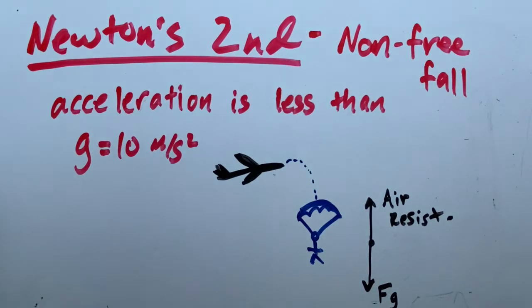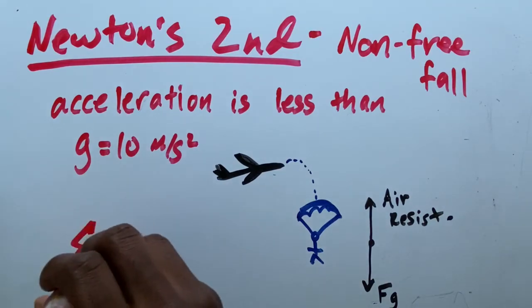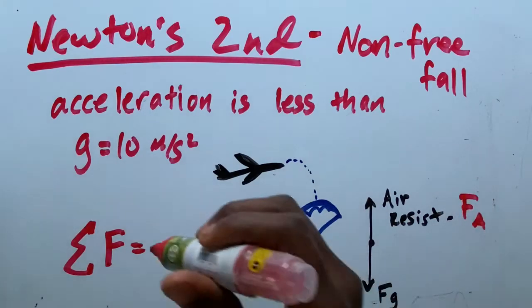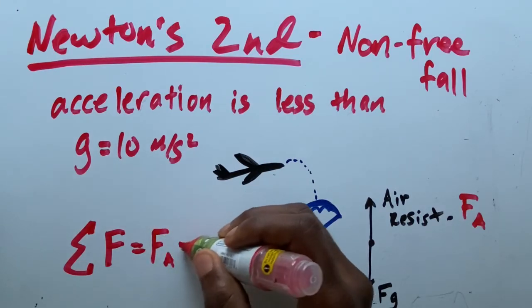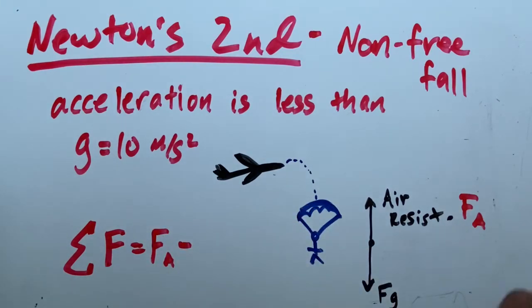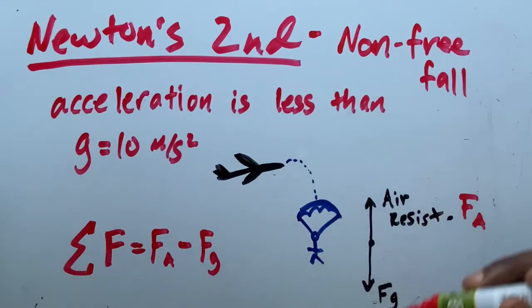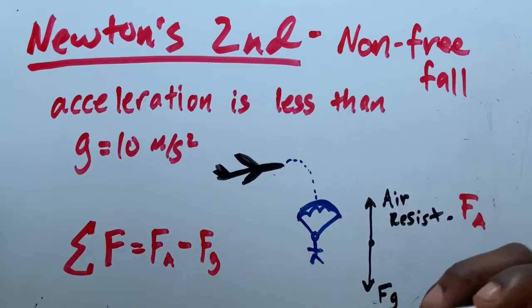And so let me write that out in equation form. The sum of the forces, or the net force acting on you now, will be 0. So remember, the sum of the forces is going to be equal to air resistance going upwards. Let's write that as FA for air resistance. So it's going to be FA minus the force of gravity pulling you downwards, right? FG. And those two forces are going to basically balance each other out,